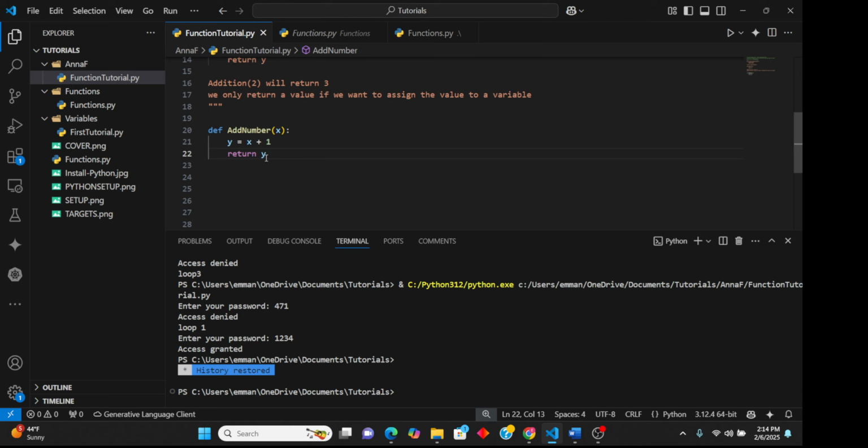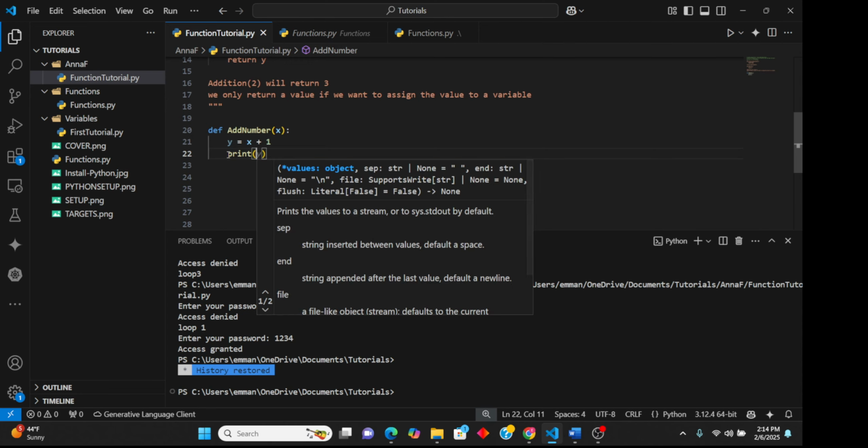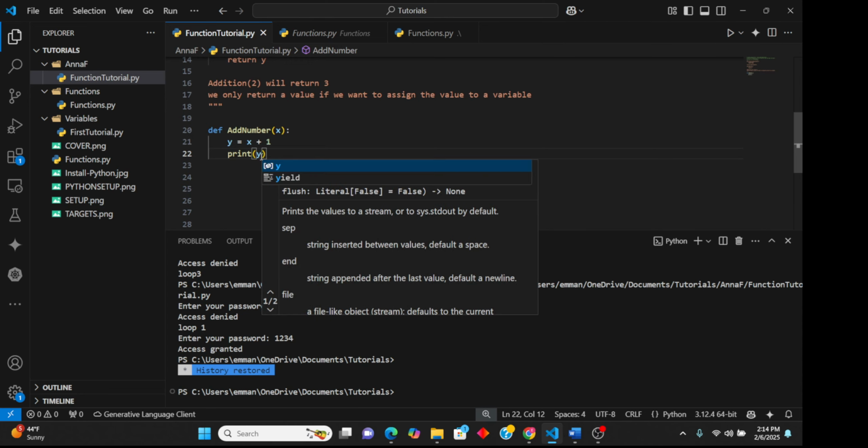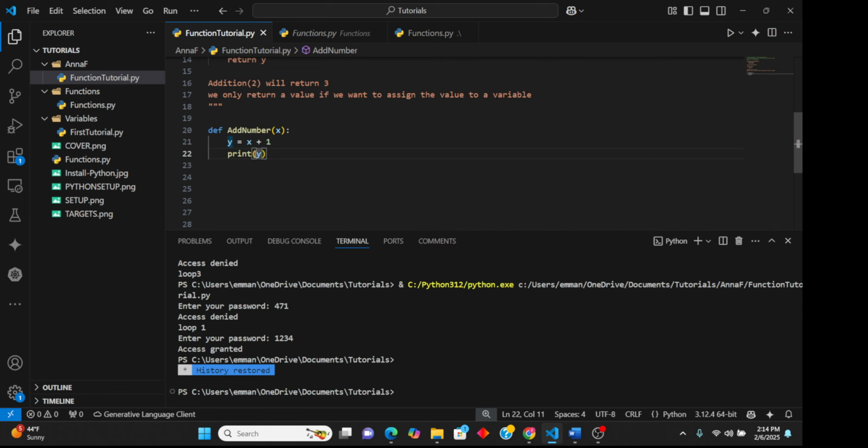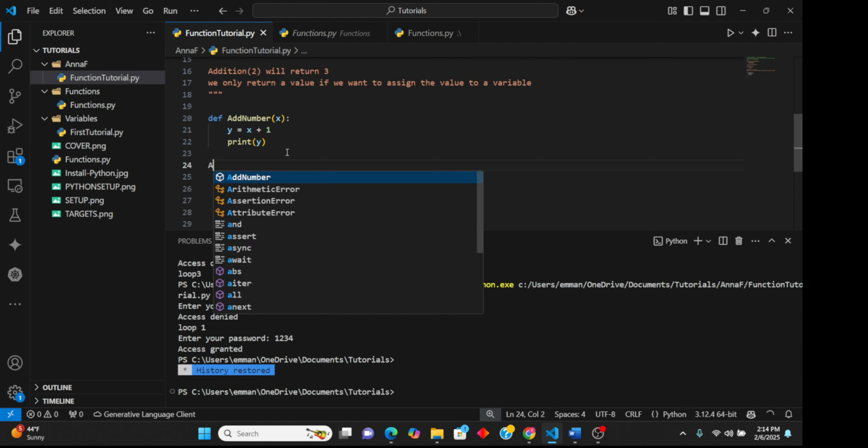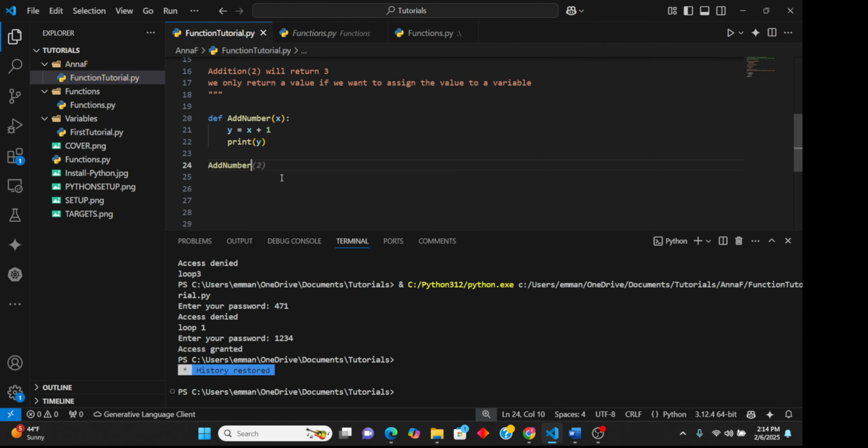Now let's first take an example which doesn't return. Let's say we don't want to return any value. So we just don't put any return there because we are not interested in assigning it to a variable. So there's no need to put a return there. Then we can call our function here. That's add number, then we can say 3. Now if we run our code,